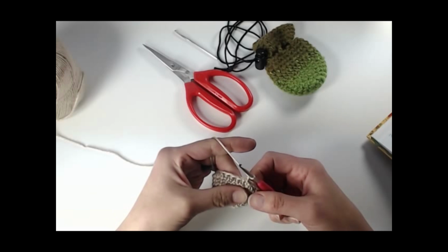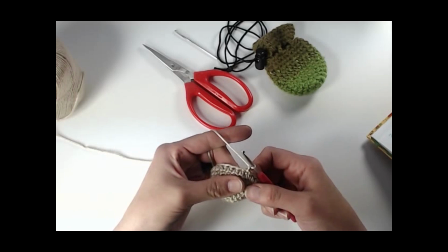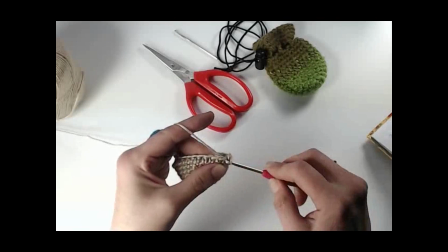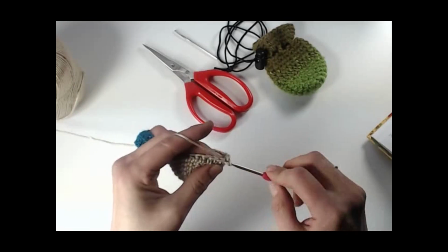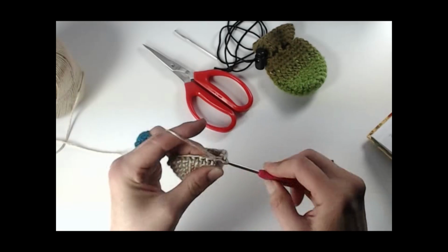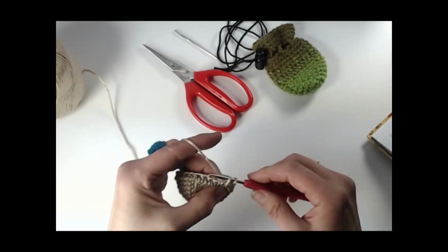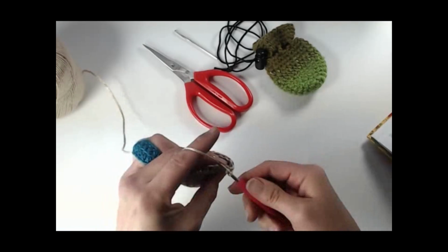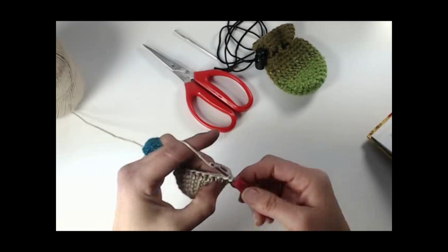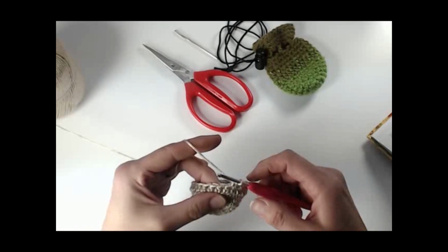Remember, at the end of each of those rounds, you're going to slip stitch and then chain 1 and then begin the next round. Okay, so this is 1, 2, 3, 4, 5, 6, 7, 8, 9, 10, 11,